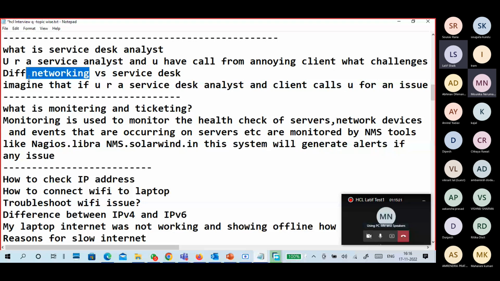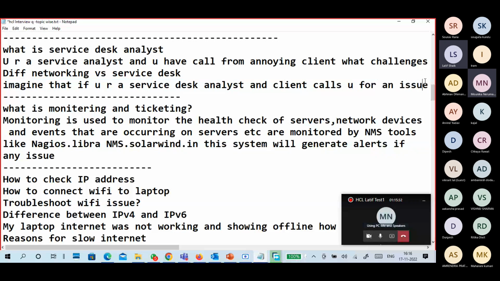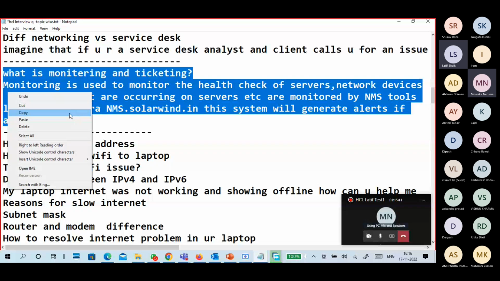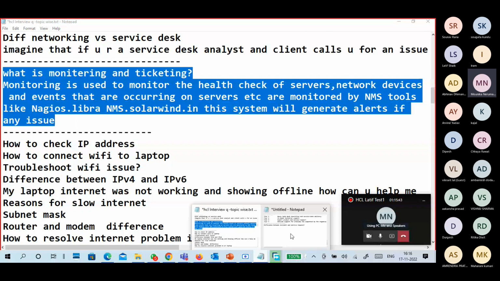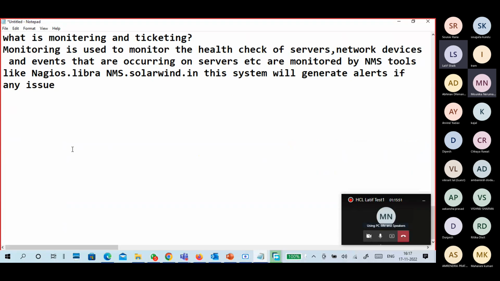Imagine that you are a service desk analyst and this client calls for an issue. What is monitoring and ticketing? There is a question and also there is an answer. What is monitoring? Monitoring means monitoring your infrastructure to find any issues that occur.